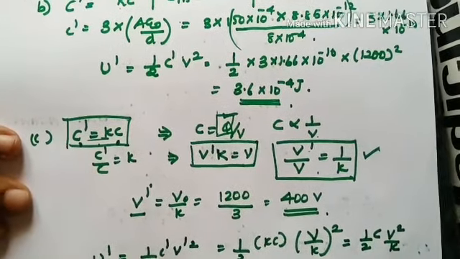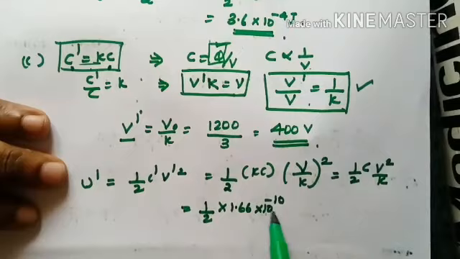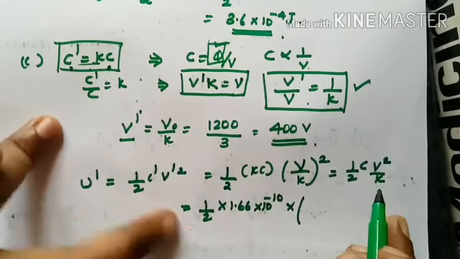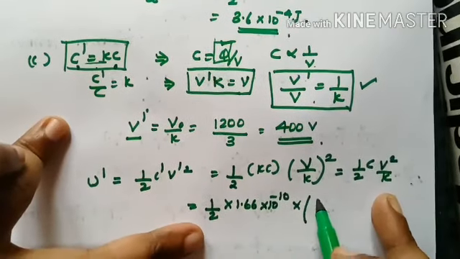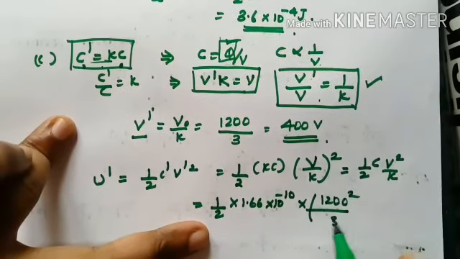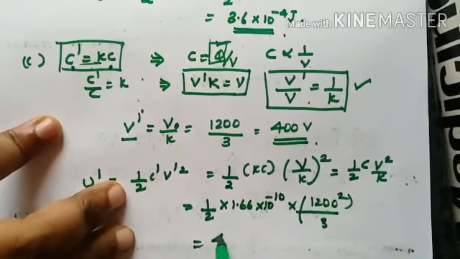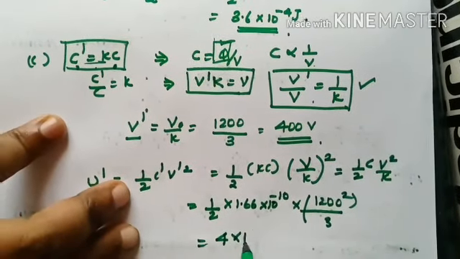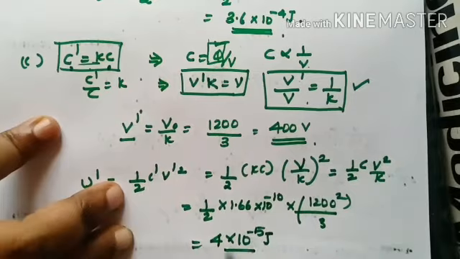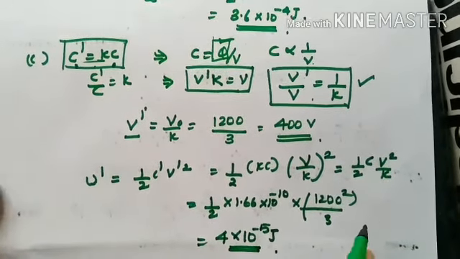We have found the value by A epsilon by D, right? Into 1200 square divided by 3. You substitute the values. You will get around 4 into 10 to the power minus 5 joules as the answer. Calculation should be done by yourself, guys. Clear? Now we move